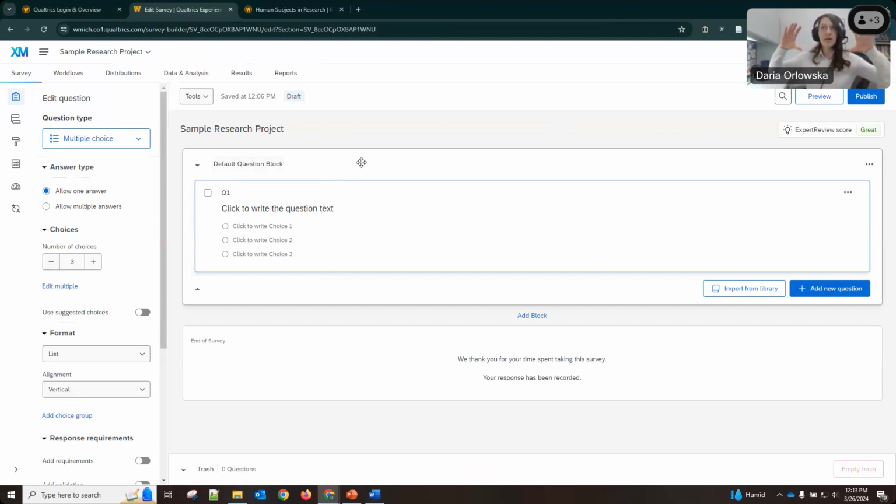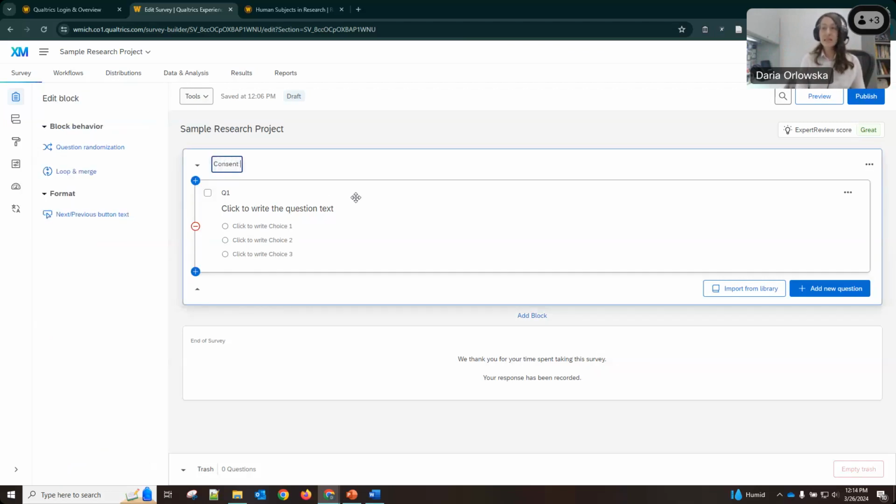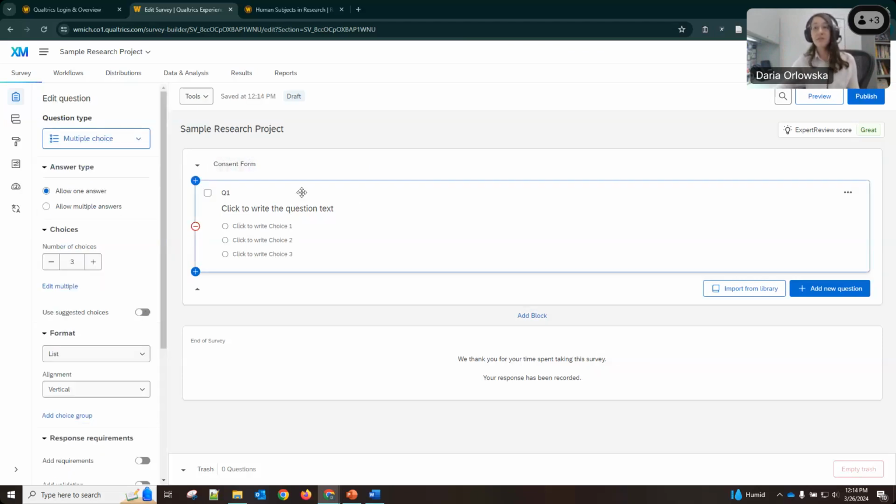Blocks are how it is structured, and it will give us a sense of study flow later on, where we talk about how some participants have to accept the consent form in order to see the rest of the study. So what I like to do to make that process really easy is to rename the question blocks. So I'm going to rename this consent form. And the first thing within the consent form block is the first question, which isn't actually a question. It's just a bunch of text that tells the participant what the study is, who they can contact, and what they can expect from the study.